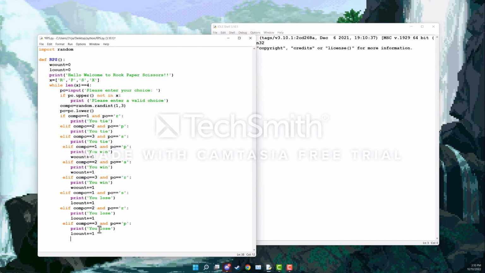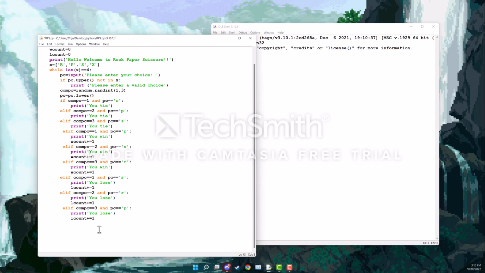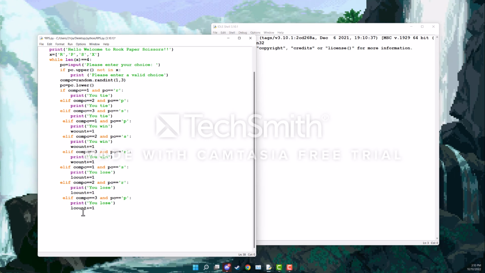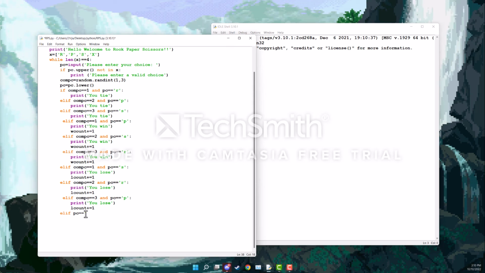This last elif statement is going to be if your player wants to quit out of the game. I'll give us some more room to work down here. I'm going to write elif PC equals X, because we already did that PC.lower check up there. If they enter a capital X, it'll be fine. We're going to want to print you win, and then comma